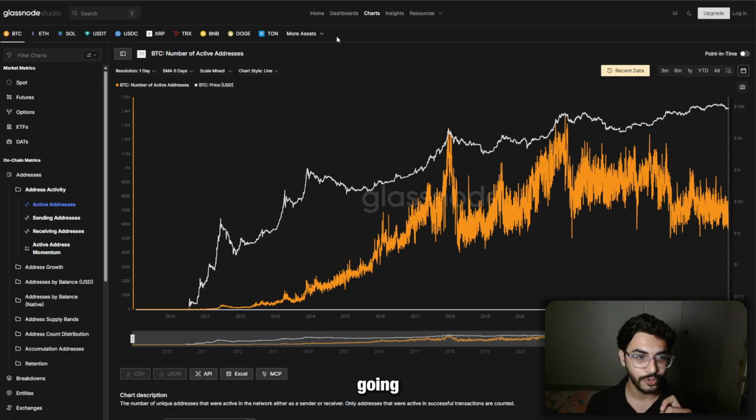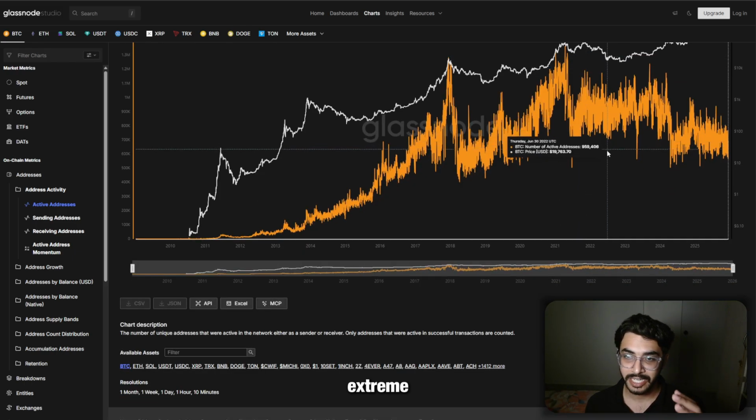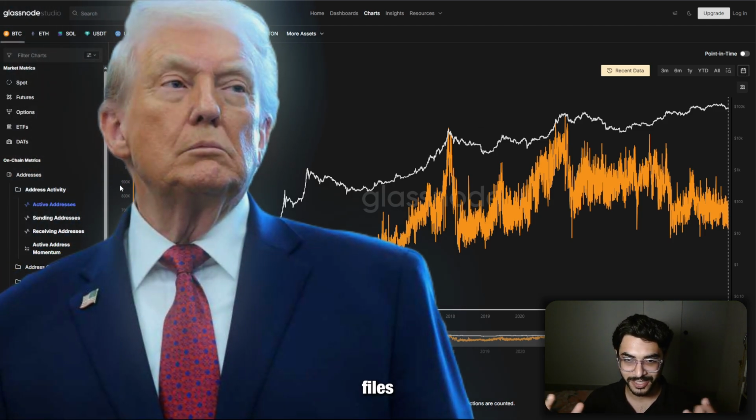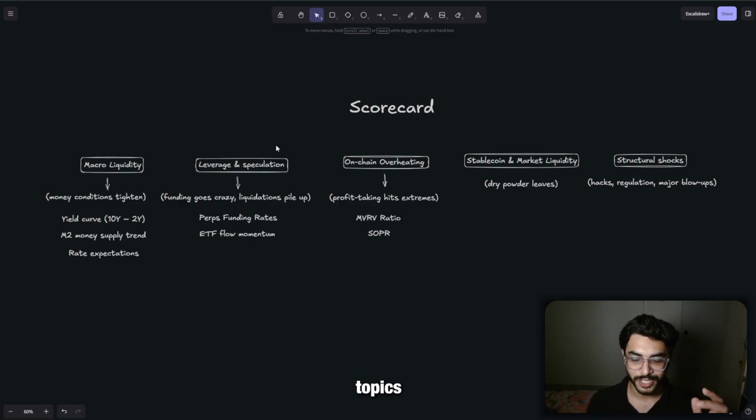To track this, I'm going to use Glassnode again. The MVRV ratio is market cap versus realized cap. This is used to estimate when price is above or below fair value and identifies extreme risks. So how do you use this? Well, very simply, if MVRV gets extreme, it would often signal that the market can't handle bad news. Maybe there's news of Trump conquering or launching an attack on another country, maybe Greenland, or maybe there are more leaks from the Epstein files. Who knows? But anyways, those are the topics for another video.